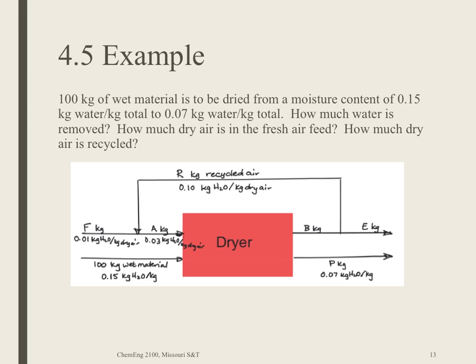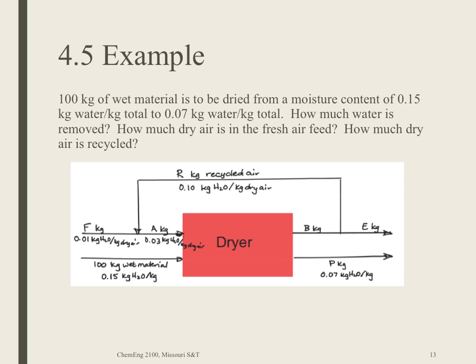We want to know how much water is going to be removed, and we want to know how much dry air is in the fresh air feed and how much dry air is recycled. Now, this is somewhat complicated by the fact that the air comes in with some water in it. Typical air contains a little bit of water vapor, right? We usually talk about that as humidity, and later in the course we'll actually learn some other ways of defining